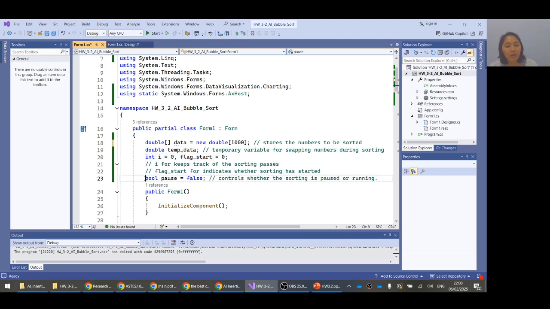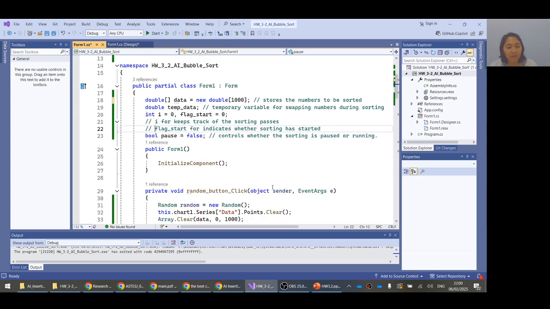And then in this line, variable pause with default value false, with data type boolean. This controls whether the sorting is paused or running.